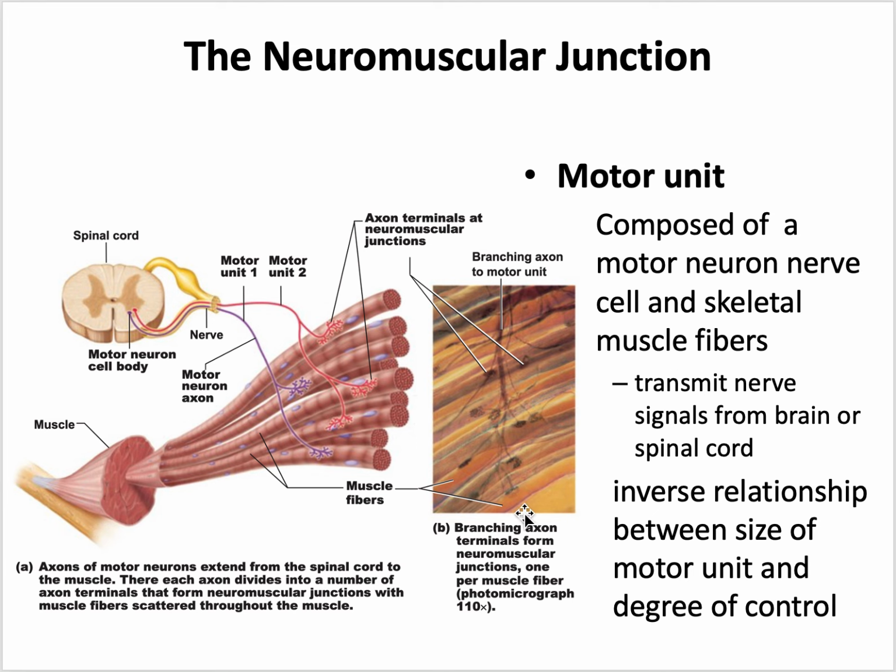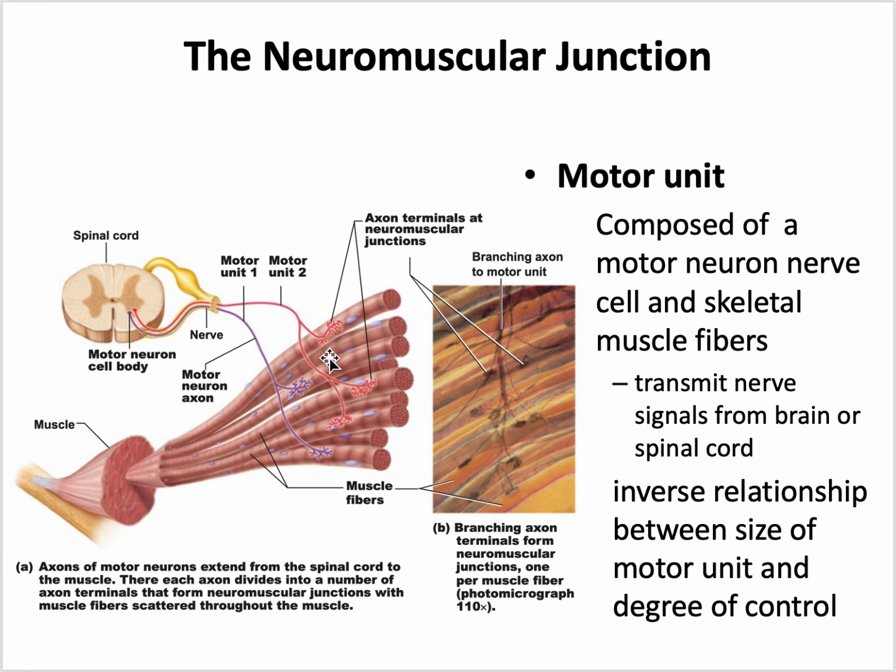Now the first concept I want to introduce you to is that of a motor unit and what that is. It's composed of a motor neuron and all of the skeletal muscle fibers that it innervates, that it connects to. Notice here these two motor neurons are color-coded. You have a purple and a red so that you can see the difference between motor unit 1 and 2. This purple neuron is innervating 2 muscle fiber cells, whereas motor unit 2 is innervating multiple or more skeletal muscle